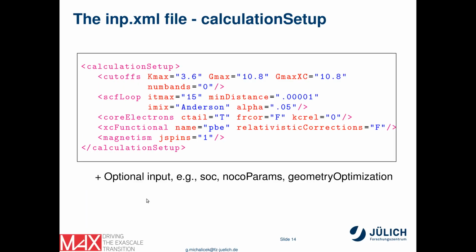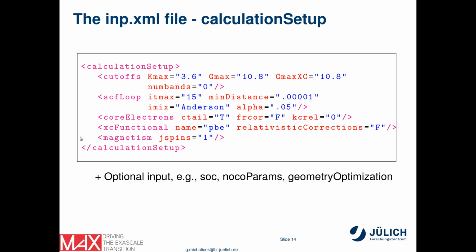So the calculation setup section looks like this. We have the parameterization there of the Kmax cutoff, the Gmax cutoff, and other cutoffs, and then we can also control how the SCF loop is processed, so the number of iterations of the SCF cycle, or some convergence criterion, or we can define how the core electrons are treated. We can set the exchange correlation functional, so in this case this is the PBE functional. We can say whether we want to have a magnetic or a non-magnetic calculation, so in this case this is